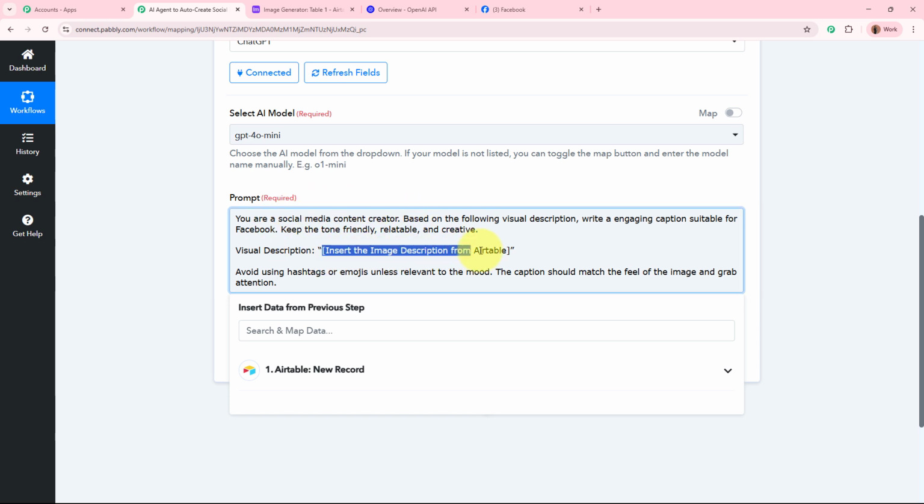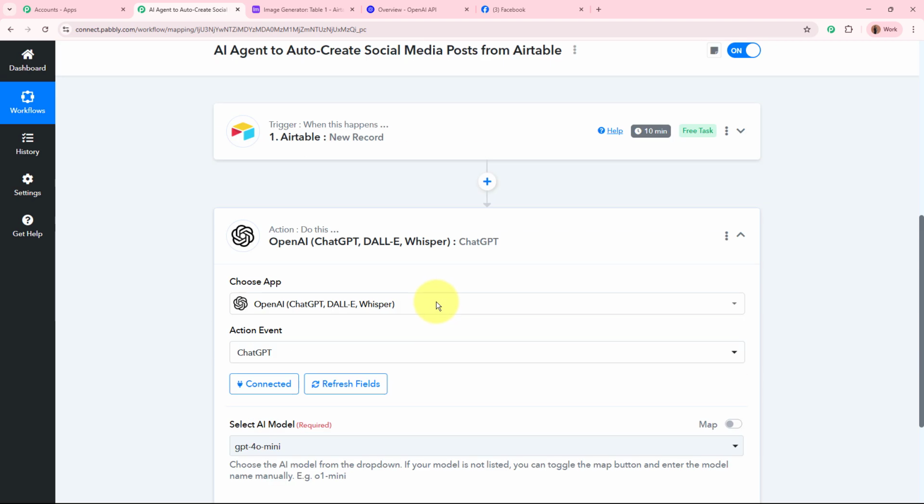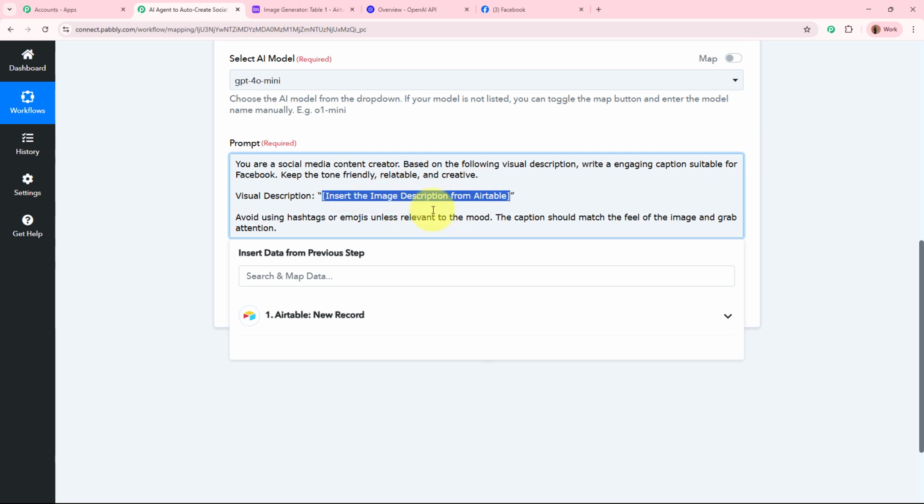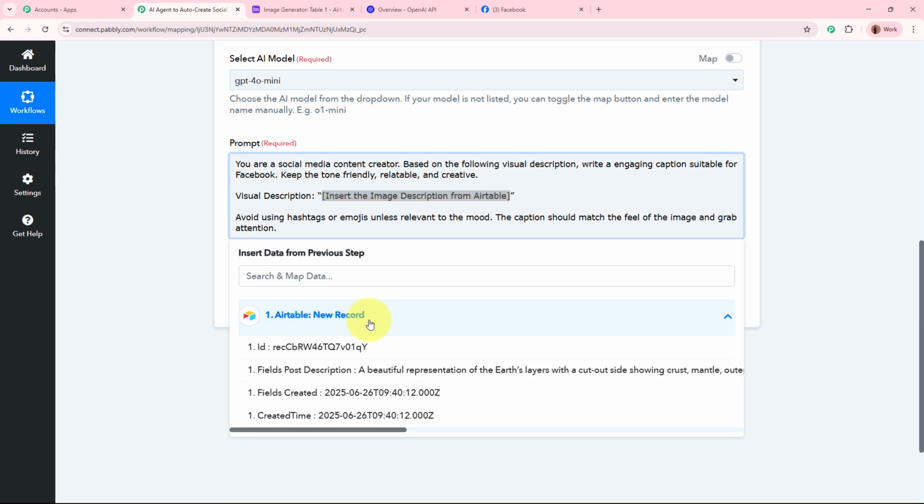Now it is asking for me to add the description of the post right over here. So for the data of this field, I'm going to map the data. What is mapping? Mapping is inserting data from the previous step. So I'm going to insert the data from the previous step of this workflow. How it works is that as soon as I select the field, the previous step, that is Airtable new record, is going to appear in front of you. As I click on it, the response that is captured in our previous step is going to appear in front of you,